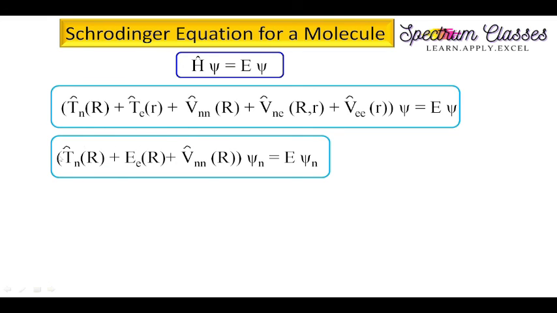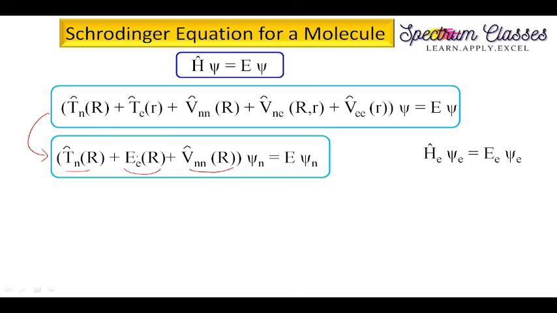So TNN is the kinetic energy of the nuclei, and the rest of the terms, this part and this part and this part, these three parts all together will give us this E_e. Now this equation will be converted to this form. So here is the kinetic energy of the nuclei, here is the potential energy of the nuclei, and here is the